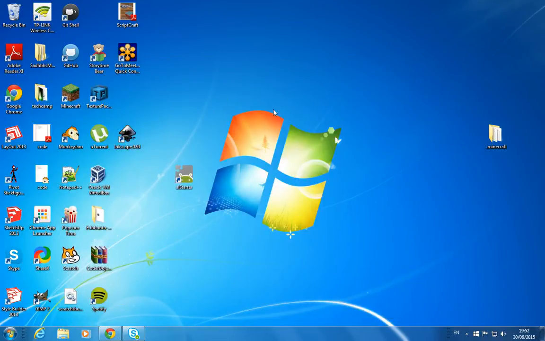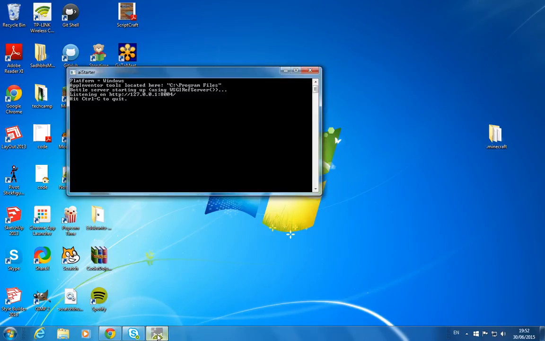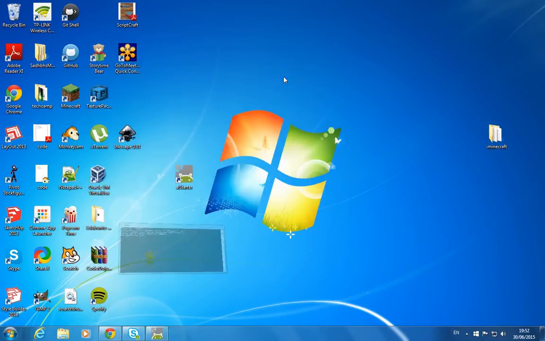Every time you want to run the emulator, you first have to start this. So I'm going to double click on it. And nothing obvious appears, but you'll see down in the taskbar, this has popped up. If you click on it, it's just a black window. And I can minimize it again to pop it down there. So now I'm ready to start